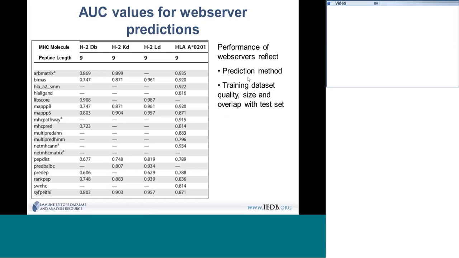One is how good is the prediction method that is used? So is the neural network working better than the matrix, say? But the other and actually dominating factor is what was the training data set available to the people who were making these methods? So essentially, we wanted to have another benchmark in which we don't have this problem. All these things were from web servers and they were all generating completely different data sets. We wanted to use something where we have control over what training data set is utilized, and we did this by using internal